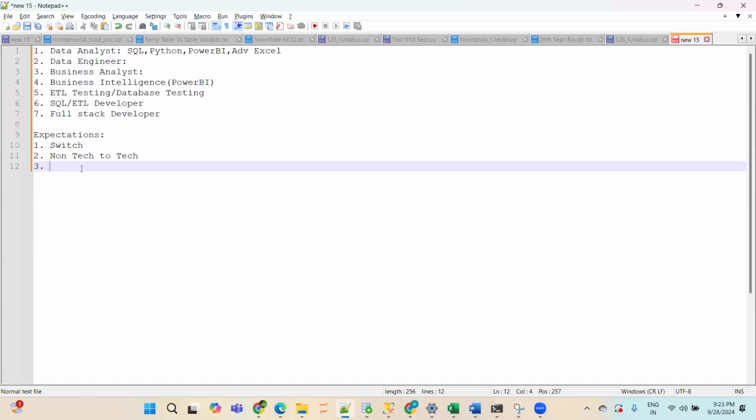Because if you have to create other reports, then you have to use the matplotlib library, which is in Python. If you have to do further analysis, then you have to use pandas and NumPy, which are also in Python. But as you told, you're already working on the reporting side, so it will be an easy task for you. Yes, thank you, sir. No problem. Any other question before I proceed further?